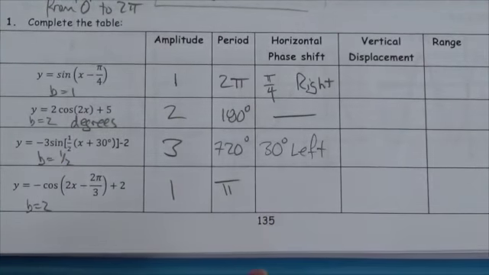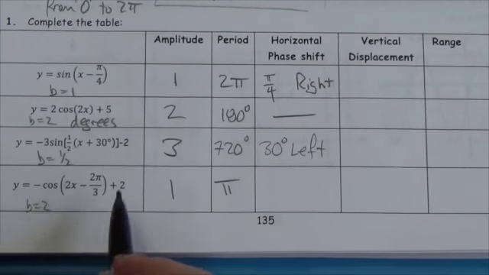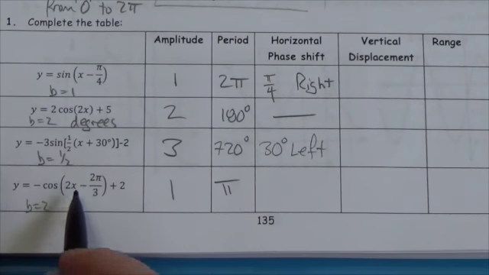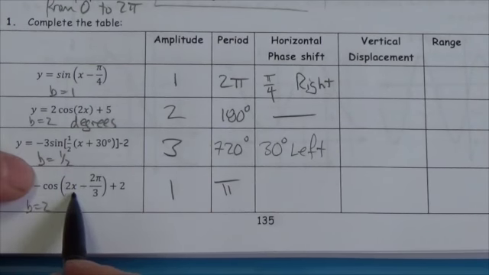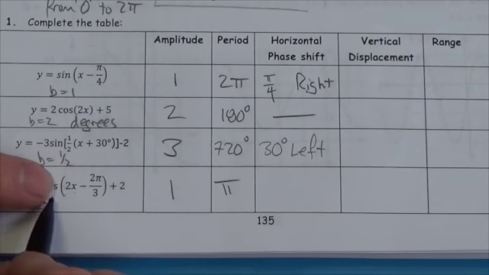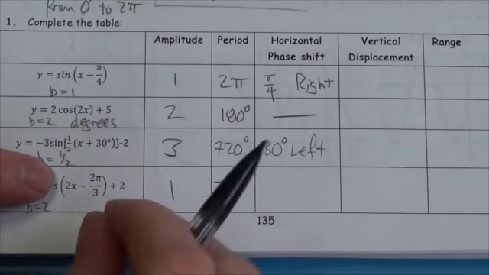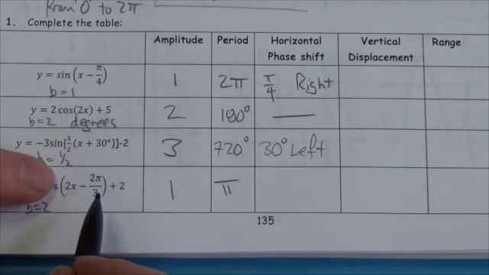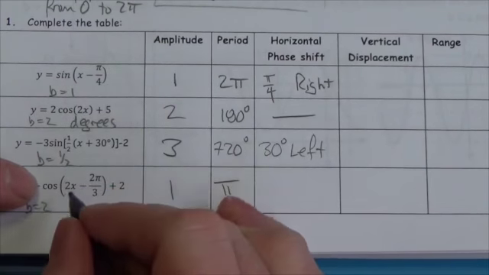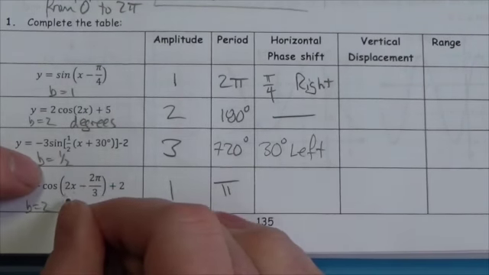Now this last one here, don't get thrown off by it. This one was asked like this on purpose. Notice that there's no parentheses here separating the 2 and the x. That means that the horizontal stretch has been distributed through that binomial that identifies the translation here. So I have to factor that out first before I can clearly identify what the translation is. And this bit here becomes